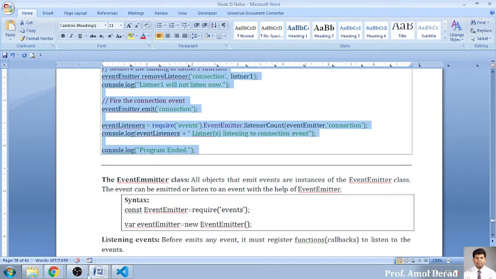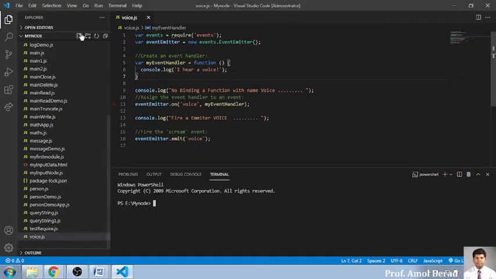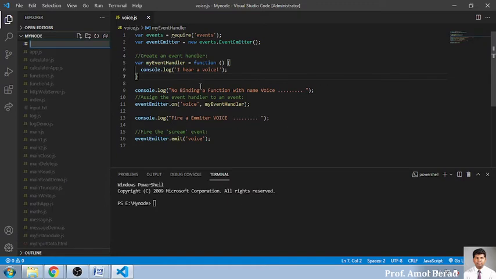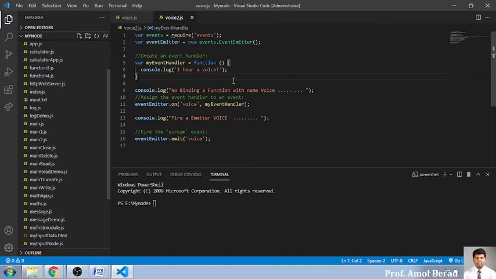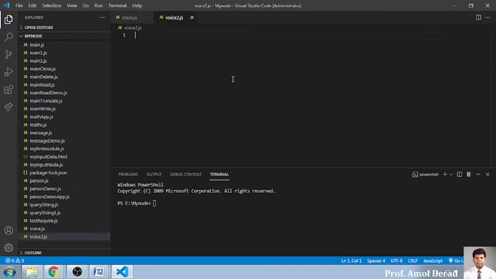I am copying the code and we'll go for a demonstration of what exactly we will write here. I will call the file voice2.js, it should be lowercase, and into this we will write the whole code.